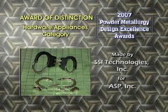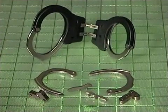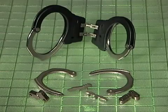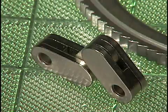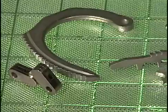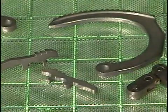SSI Technologies Incorporated has won the Award of Distinction in the Hardware Appliances category for PM and MIM parts used in tactical hinge-style handcuffs made by ASP Incorporated, a law enforcement product supplier. The handcuffs use 14 PM parts, of which 5 are different designs: a lock pawl, bow, side and center links, and main links. 12 parts are made from 3 stainless steel materials, and 2 parts are made from MPIF